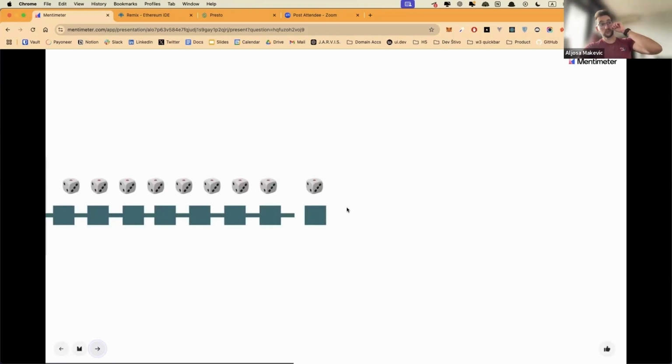Usually when I'm on site, when I'm holding a workshop, I would go through the room and give everybody two pieces of dice. So imagine one of you is this block, the person next to that person is this block, the person next to that person is this block. And imagine that everybody has two pieces of dice.